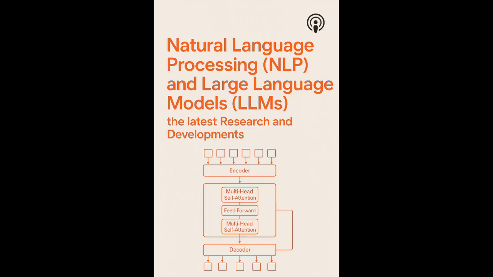But the core takeaway is this: that leap from sparse, isolated word IDs to these dense, continuous, semantically rich vectors. That was the absolute foundation for everything that came next in NLP and LLMs. Okay, so we've got our words represented as meaningful vectors. The next obvious step seems to be processing them in order, right? Keeping track of the sequence. Exactly. And that brings us to recurrent neural networks, or RNNs. They sound intuitive.